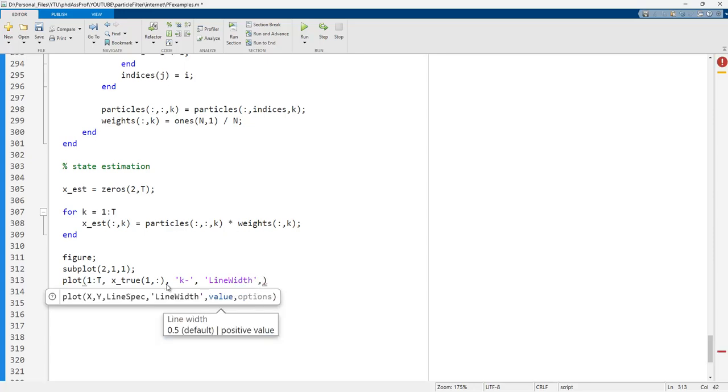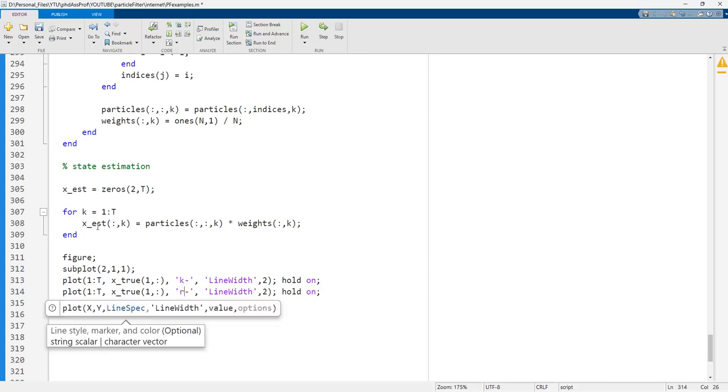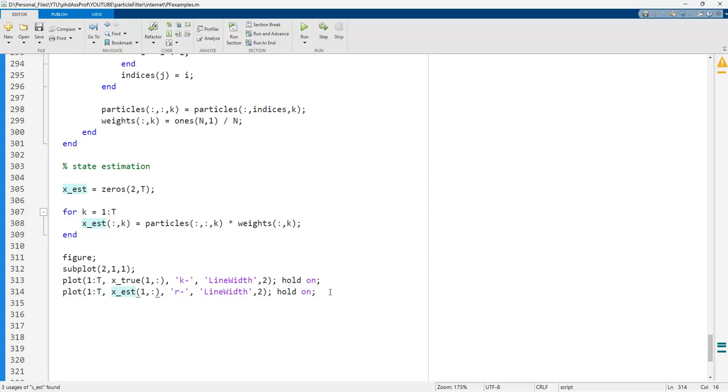Okay, and so hold on must be given in here, and we need to copy all of these terms in here. K is the red, but this time x estimation must be given in here, and also we need to give the blue line, or the estimation is the red one, this is the blue line, and this is the y. Okay,